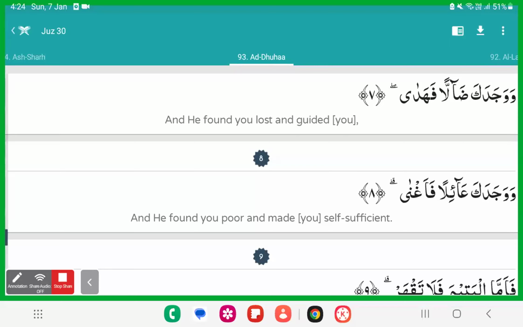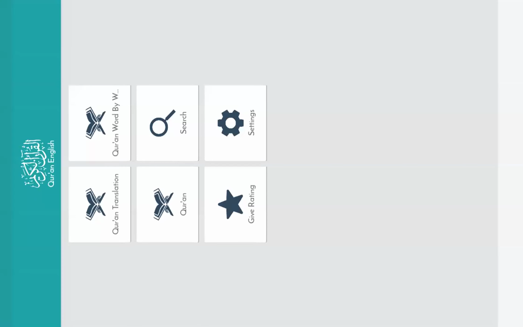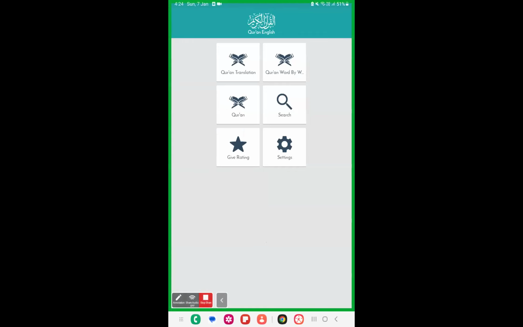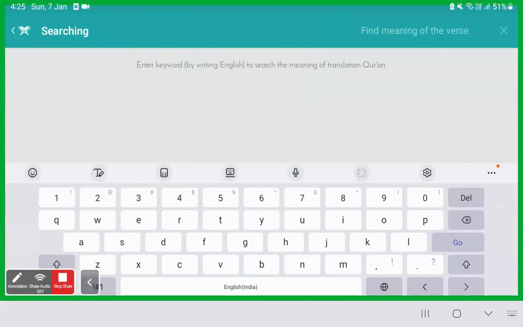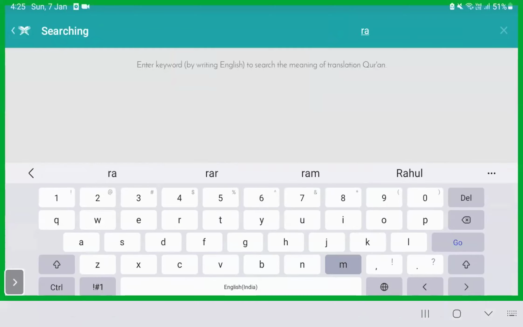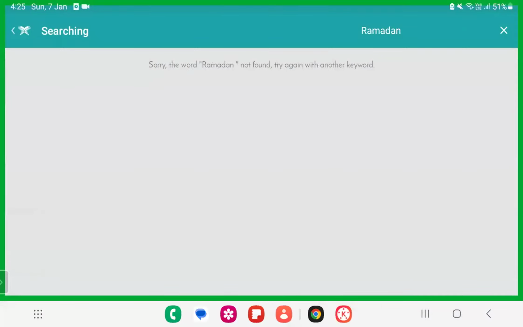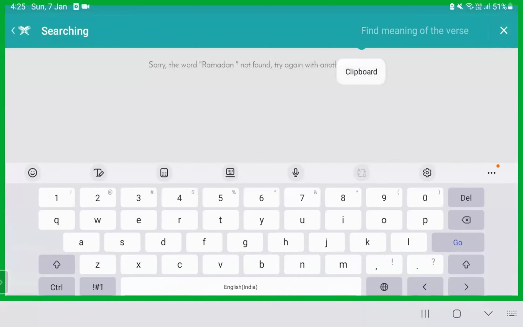Okay, so this is how this Quran application looks. This has so many topics. There is a tool called search. If you click on the search and search for anything, it will appear. For example, you want to make videos on Ramadan. You just have to type Ramadan there and search. It will show how many ayahs have Ramadan. For example, I want the ayahs about fasting.